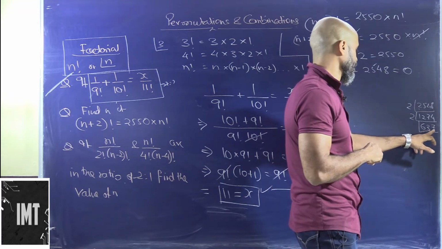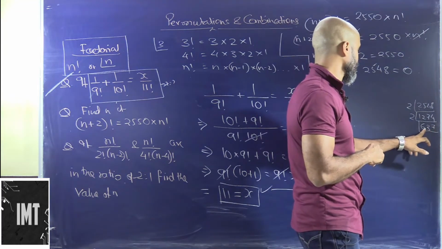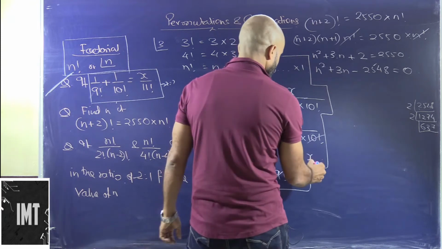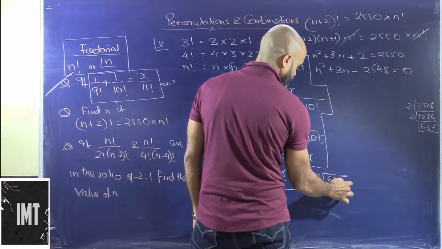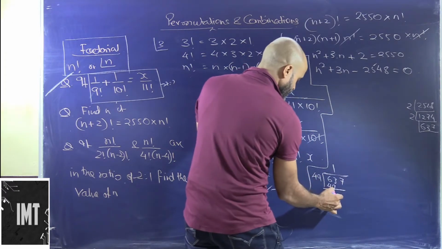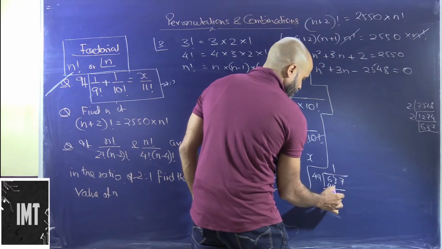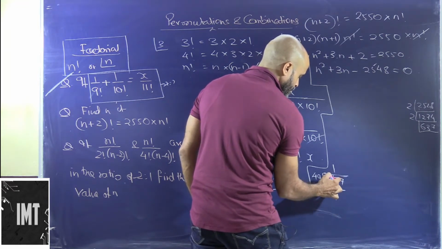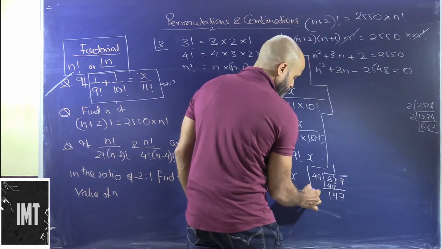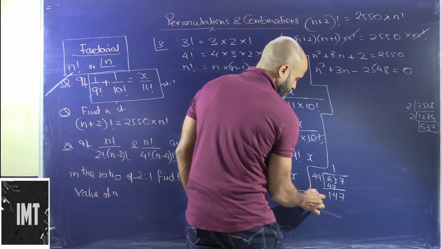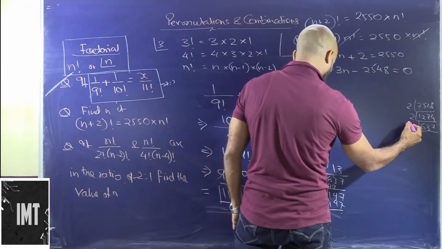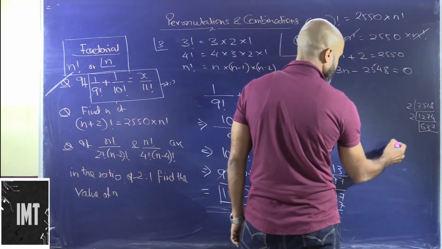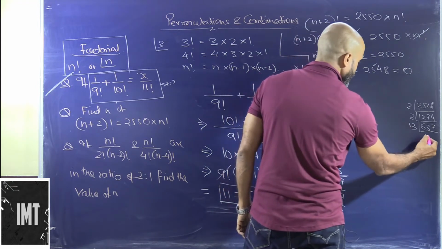637. This seems to be a prime number. 7 plus 6, 9 plus 7, 16, 49. Let's say if I divide this by 49, I think it should go. So we will have here 147. Yes, so this goes by 49, or rather we can divide this by 13 as well, right? 49 times.